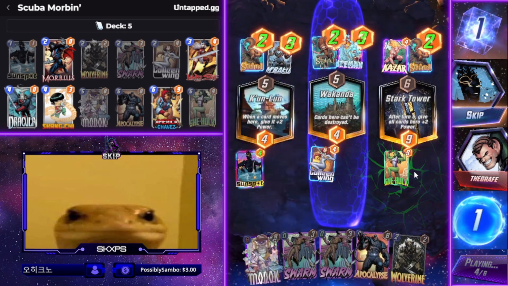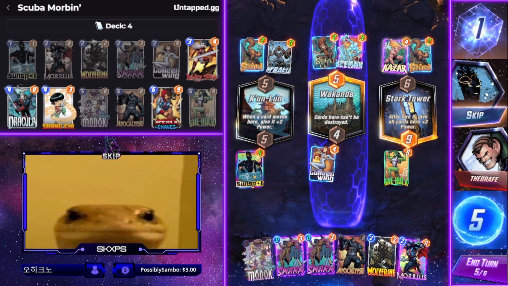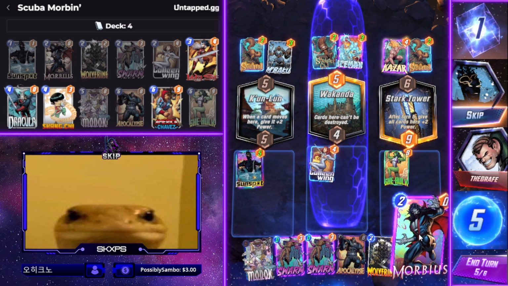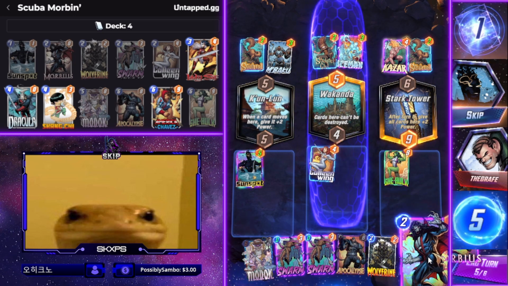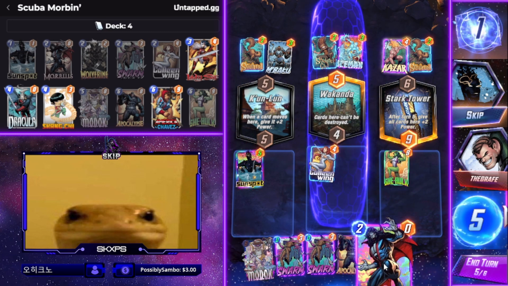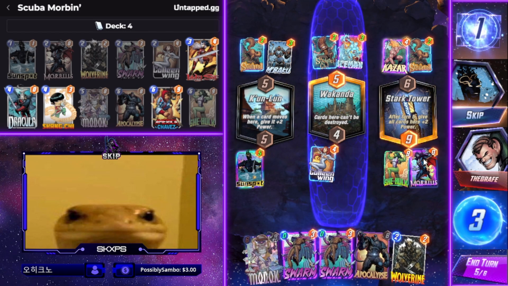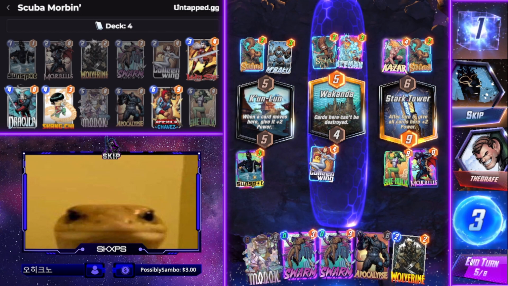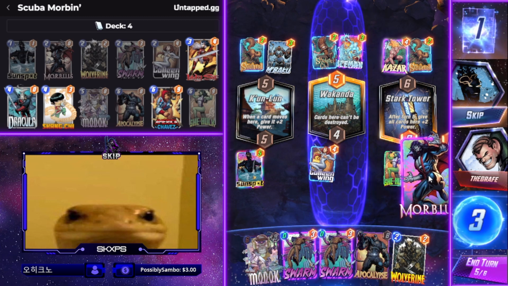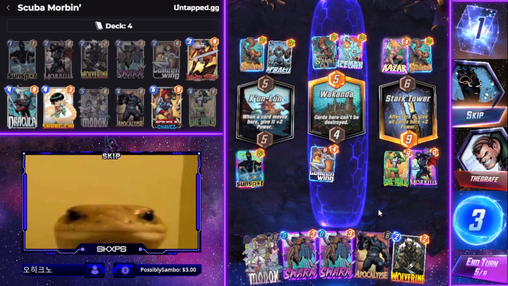So this is a Zoo deck. They might have Shang-Chi. I probably could have played that over here, or in the middle, for the protection, but that's okay. We could Morbius here, then we're probably going to... this is really unfortunate because we won't get to play...